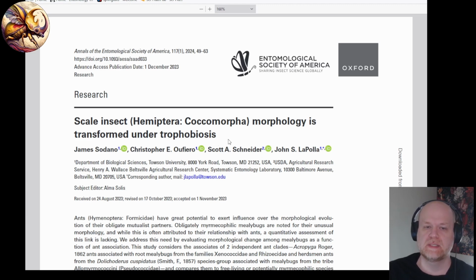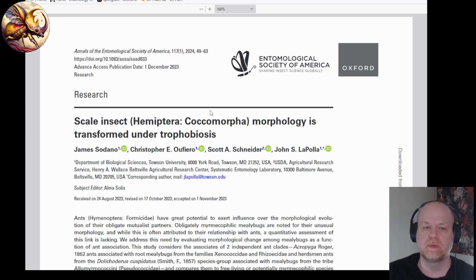The most famous of this is probably leafcutter ants. They take the leaves that they cut. They don't eat those leaves. They feed it to a fungus that they culture within their nest, and then they eat the fungus. So they are growing fungus. But many other ants